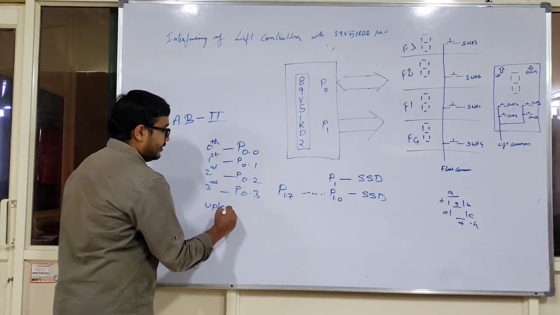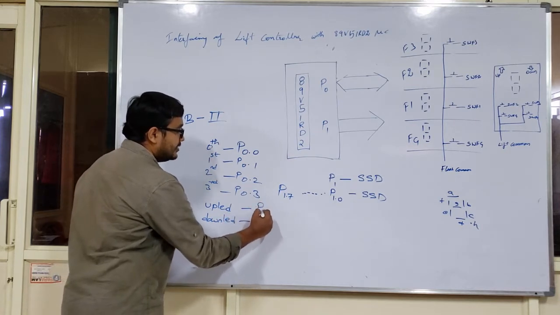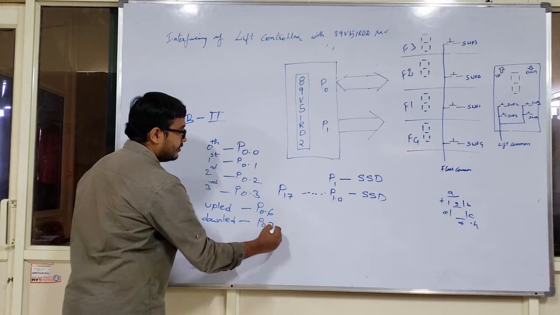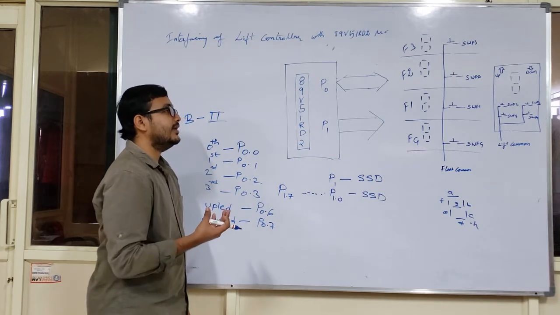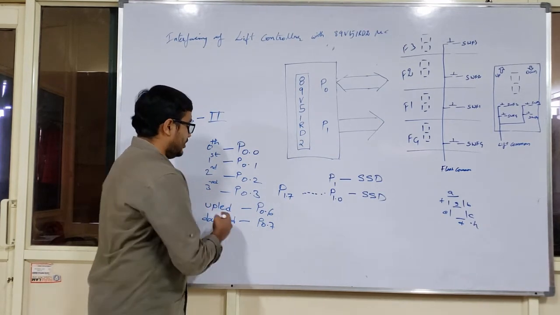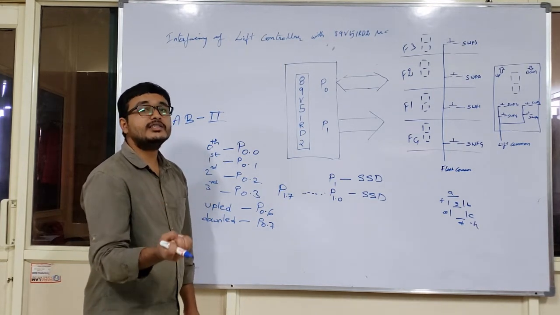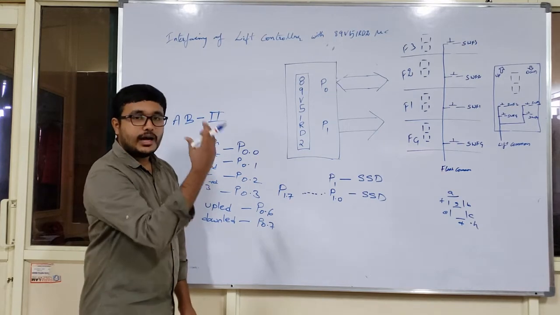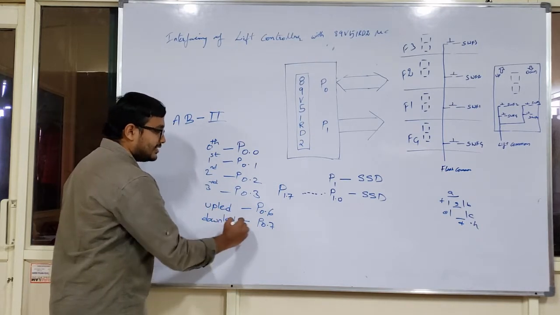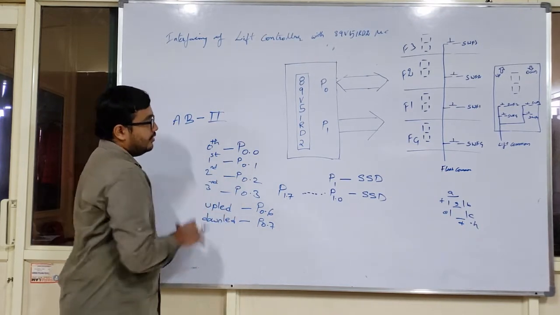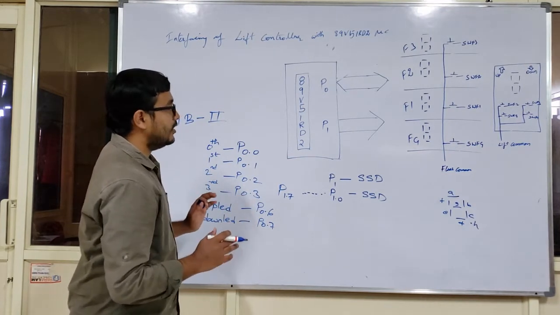For the up LED and the down LED, I have utilized P0.6 and P0.7. I have already said that port P0 can act as an input or it can also act as an output. So this up LED and down LED are now acting as outputs. They give me the status of whether the lift is going upstairs or downstairs. That is the meaning of the up LED as well as the down LED. So as we have the basic data with us, we can develop the programming.